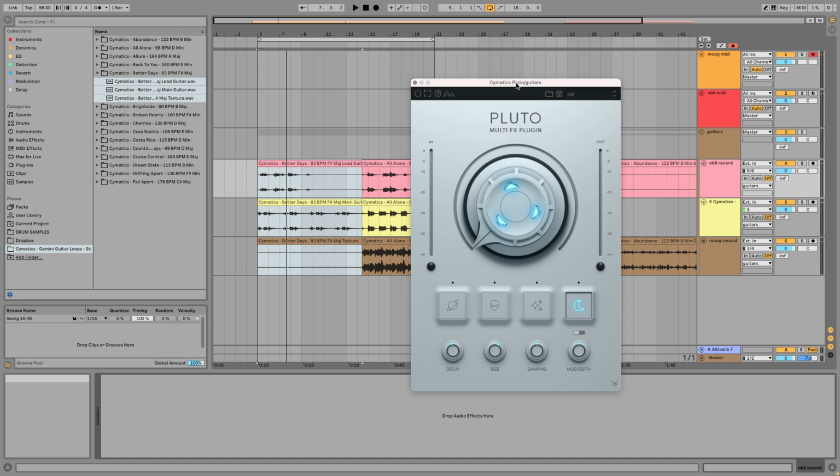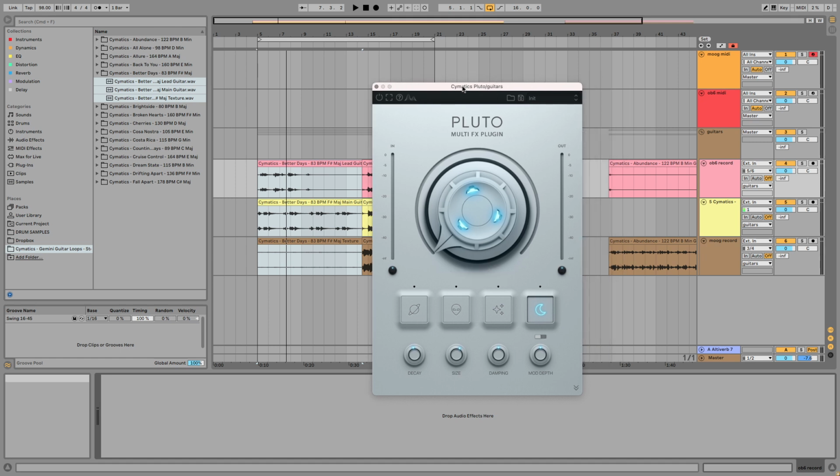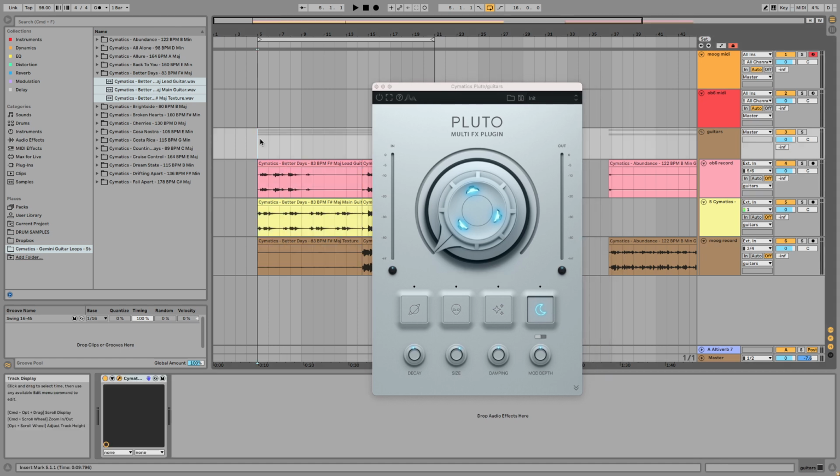So let's just start with Hall. Hall is just an algorithmic reverb. What that means is that it basically uses an algorithm to compute a reverb sound. And you can use these parameters here to adjust the actual perceived size, the perceived space that the reverb is set in. So what the size knob is going to do, it's essentially going to collect more bits and pieces